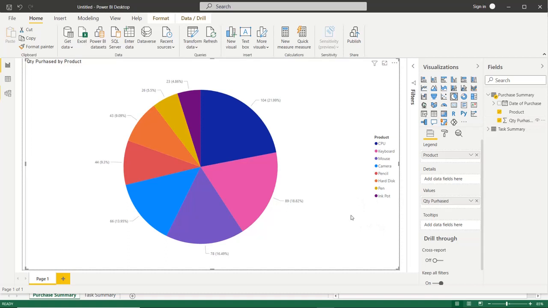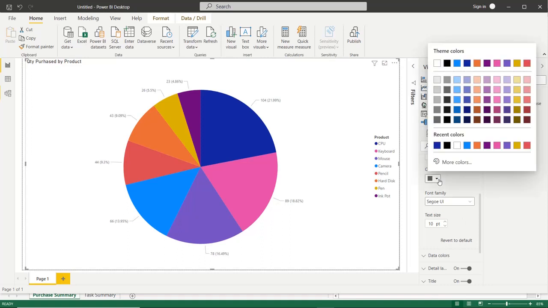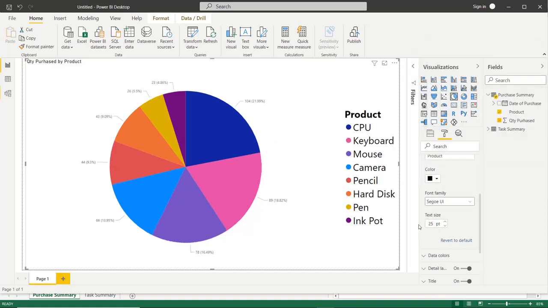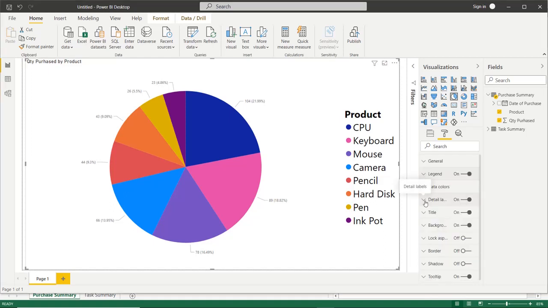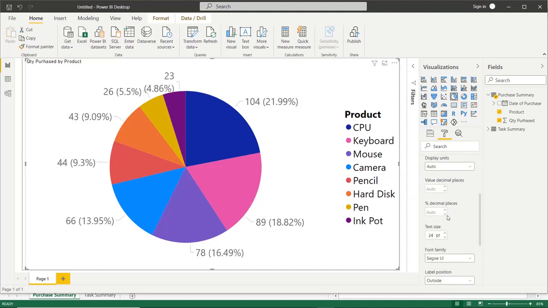Again, format this. Legend, then make it black and 24. We change the data label, make it bigger, say 24, and color black. Now it's visible properly.